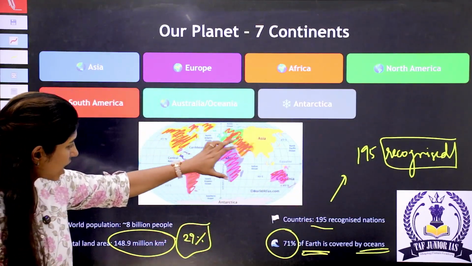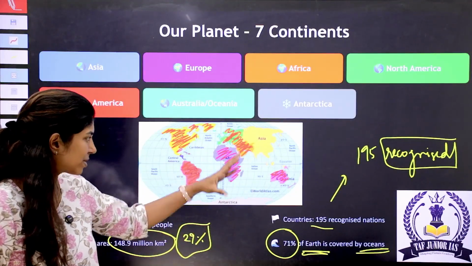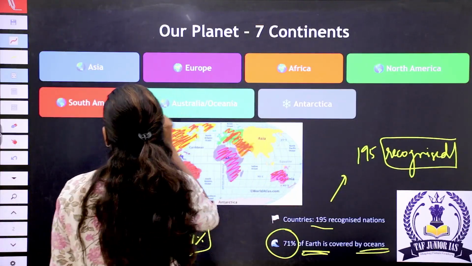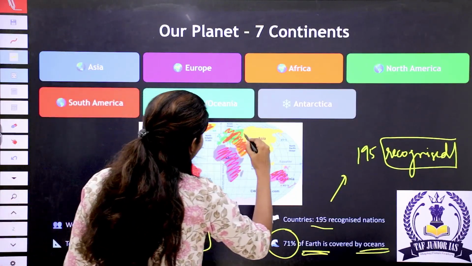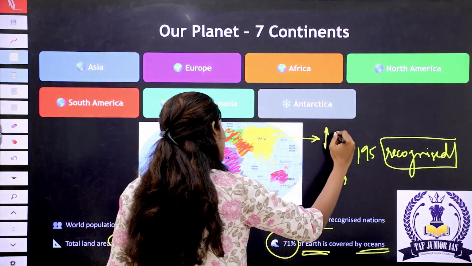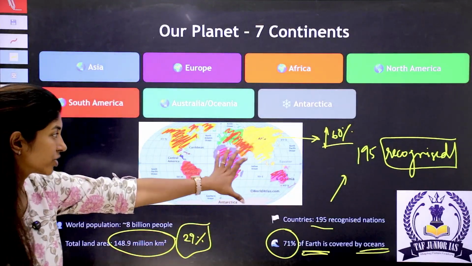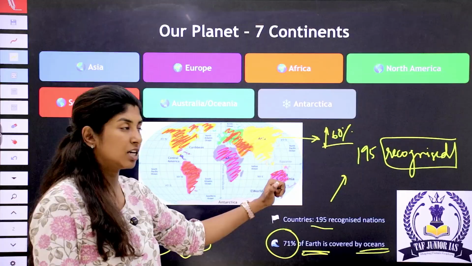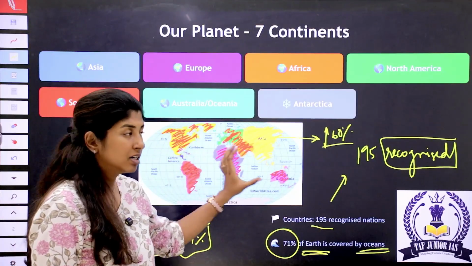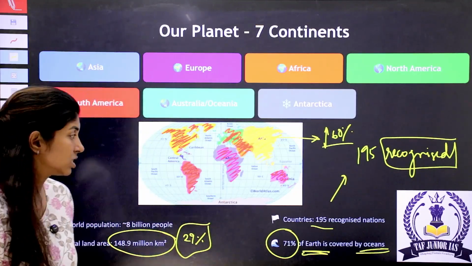Now you can see how much they cover and how much Asia covers. Asia is not even 50% of the whole landform, but Asia alone is the home for more than 60% of the world population. So you can see how congested people might have to live in Asia, because in all of these other places, the 40% is spread. But in this place alone, 60% of the human population is present.